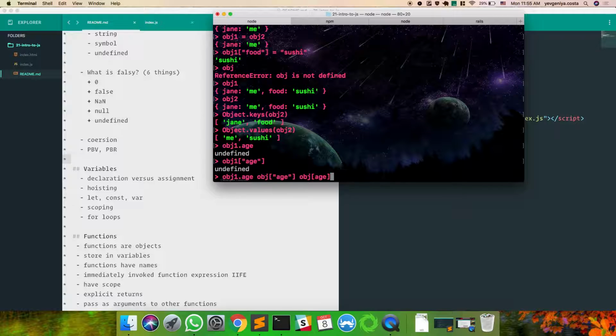So the first is dot notation, so you can only use that if it's one word and it's the literal key, and then the second one is also with just the literal string that you're passing as a key. The third one would be passing in the variable that has age. Very good.